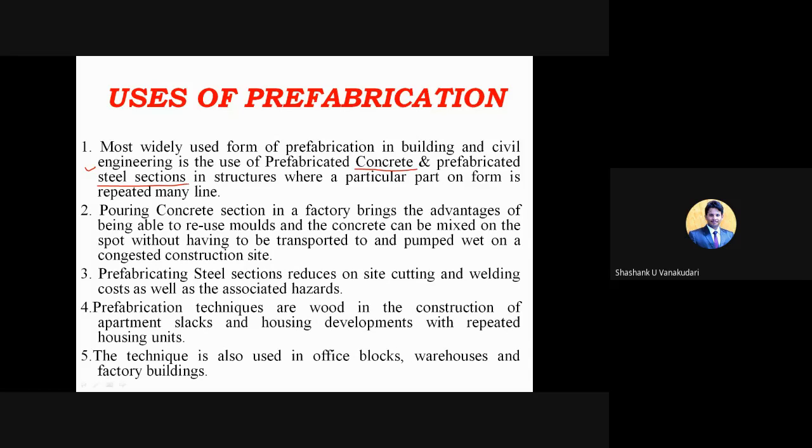And where a particular part or form is repeated many times, like the repeating structural elements such as columns, beams, and slabs, because they are constructing in mass, meaning repeated structures are going to be constructed at once. So we can apply these prefabrication concepts with concrete and steel sections.